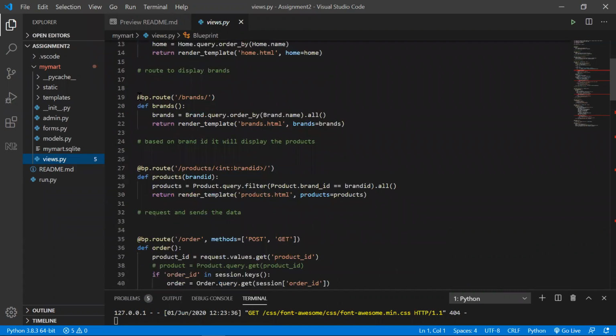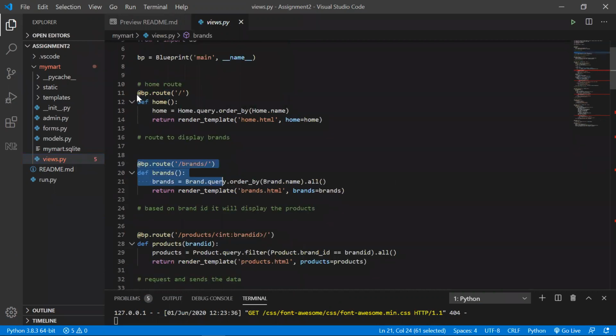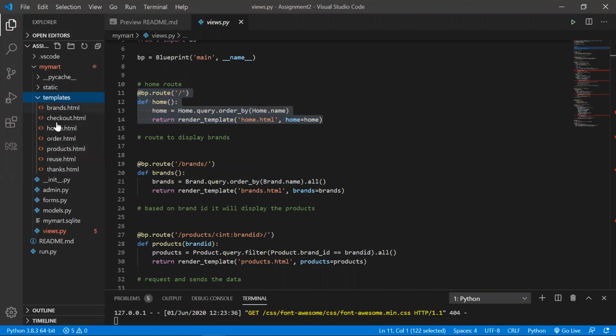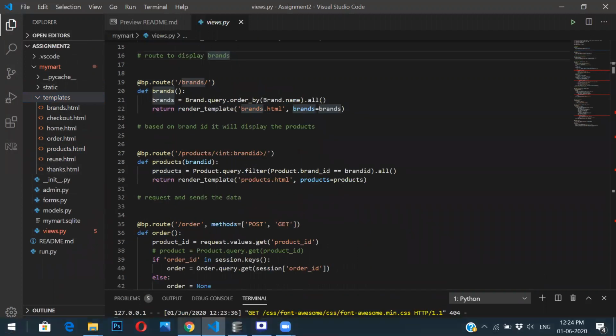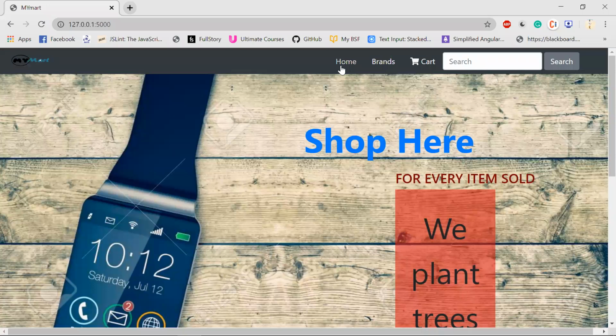Initially, when I start my web page, this is the root, the home root. Whenever I start my website, this root will be active and it will take me to home.html. As you can see in templates, there is a home.html, which is my home page. These are the static files, and these will be dynamic when I use them by passing these links and everything. So finally, this is my implementation of my website.